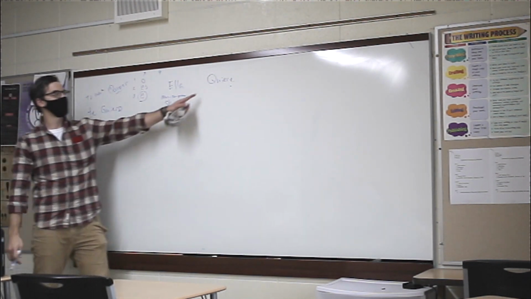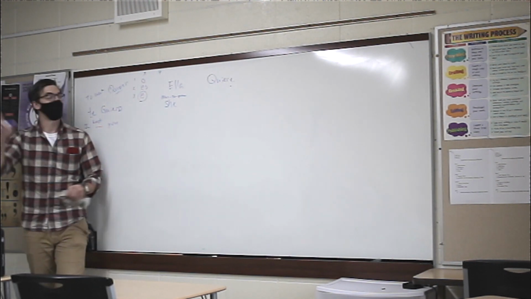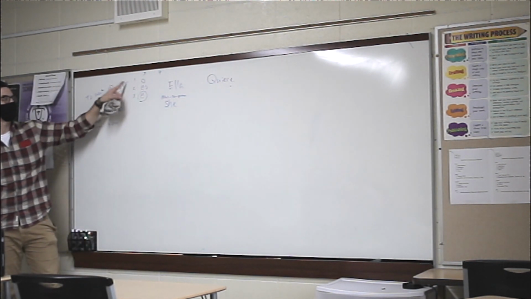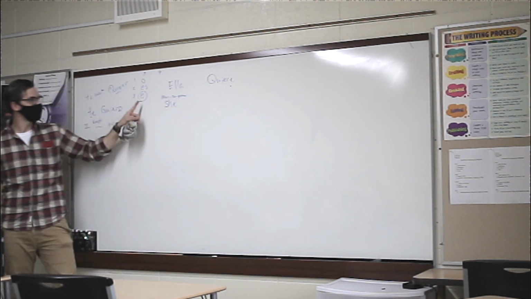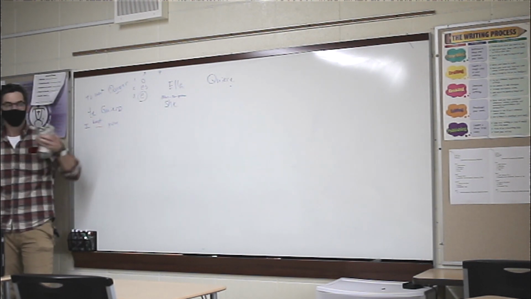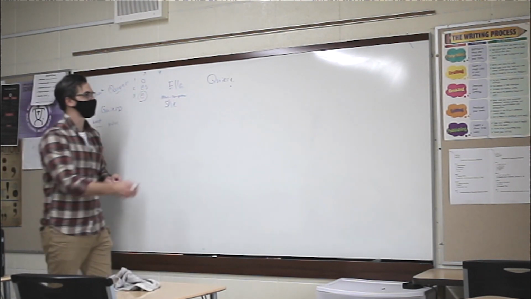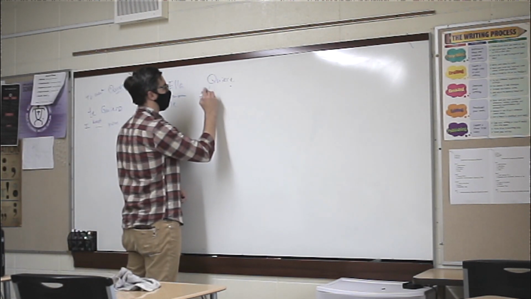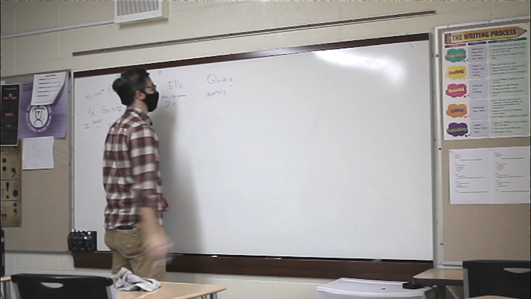So what does quiere mean? Not to want, that's querer with an infinitive. Quiere, third person singular. Who's doing the wanting? She, exactly. All right, so she wants. Or just wants. She wants